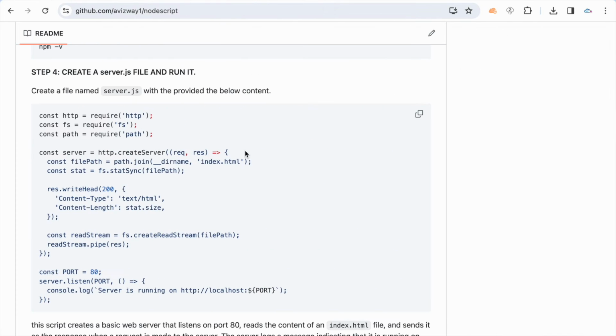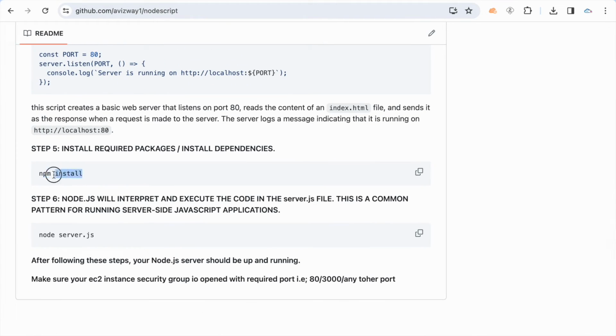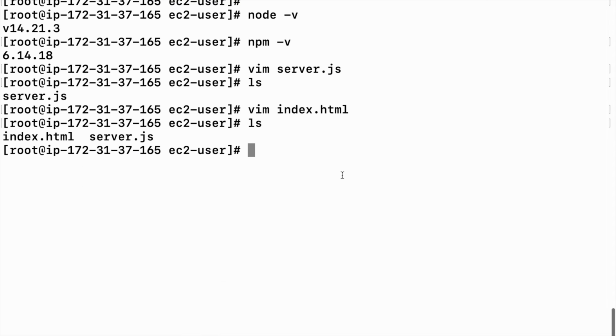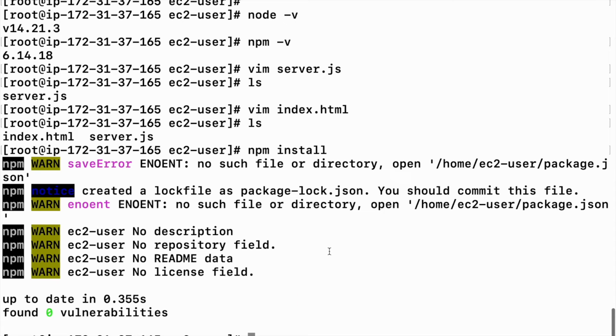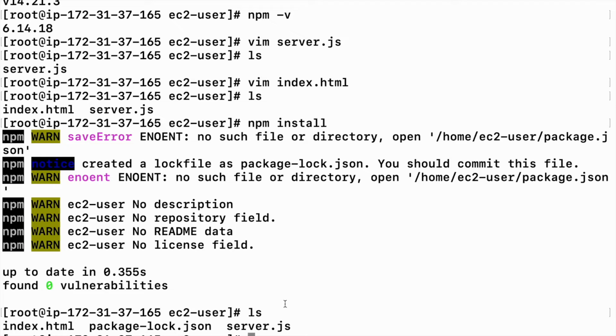So now the next step is we need to install the required dependencies or packages, right? So let's copy this command, npm install. This npm install will do multiple things, like it is going to look for the dependencies. It is also going to create a package-lock file and all. So yeah, it is required to install dependencies, in simple terms. If we have any; in my script, I don't have, okay. So it created a file like package-lock.json in the same location. If you give ls, you can see this